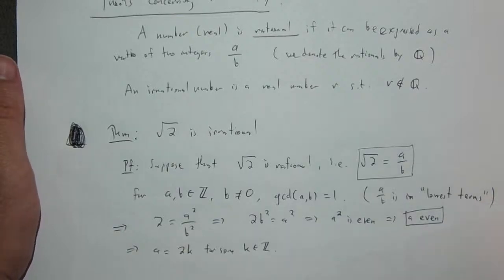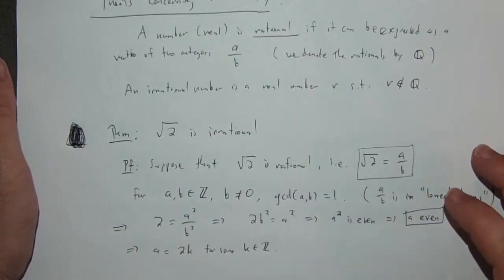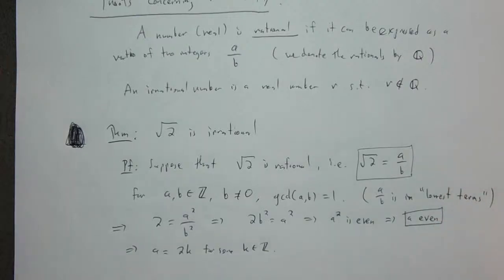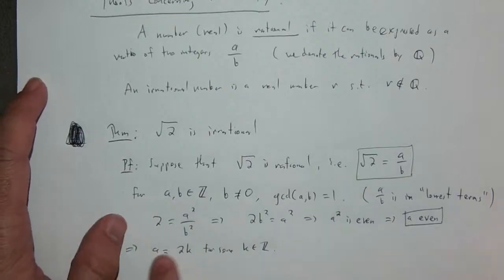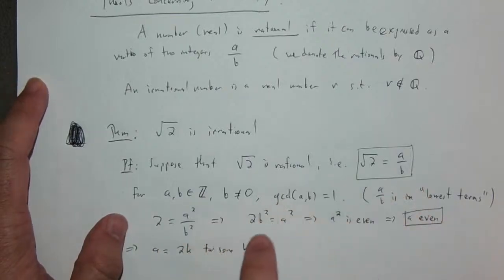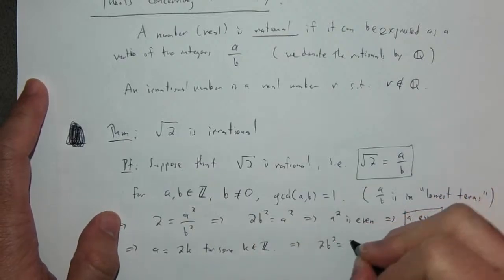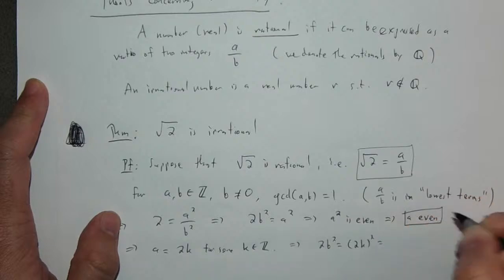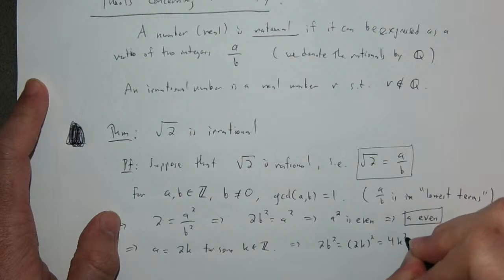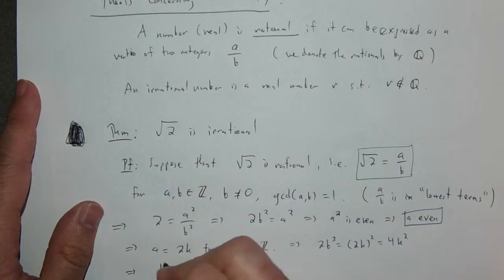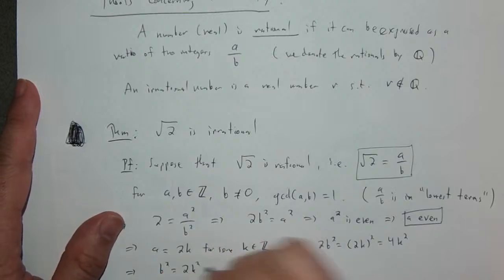Of course, we can assume that these are all positive integers if you like. But anyway, if a is even, it's equal to 2k for some positive integer k. And so what do I get when I plug this into this statement? Well, this means that 2b squared is equal to (2k) squared, which is 4 times k squared. Dividing by 2, I get that b squared is equal to 2 times k squared,